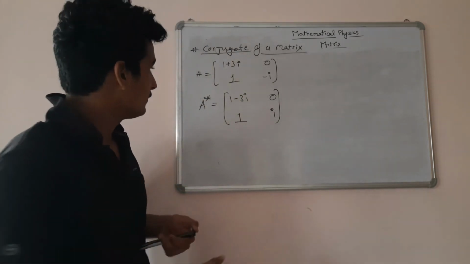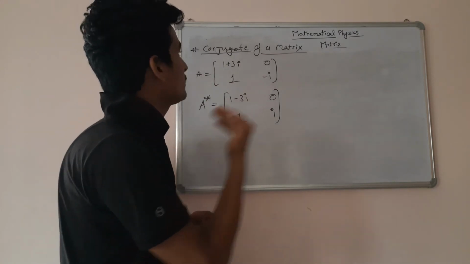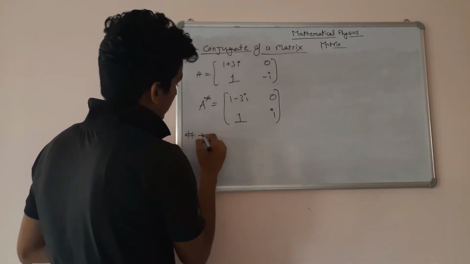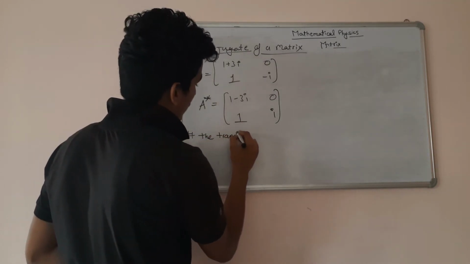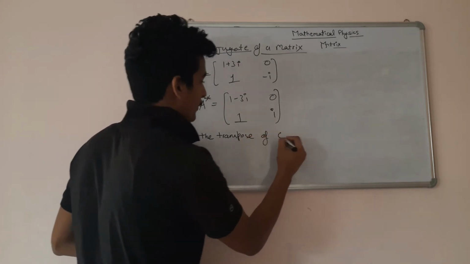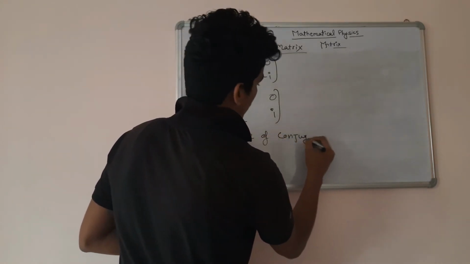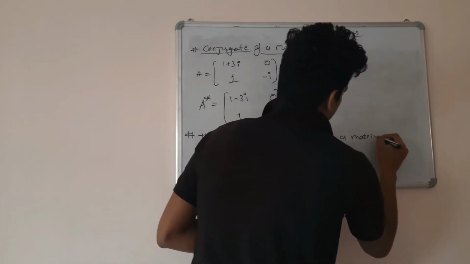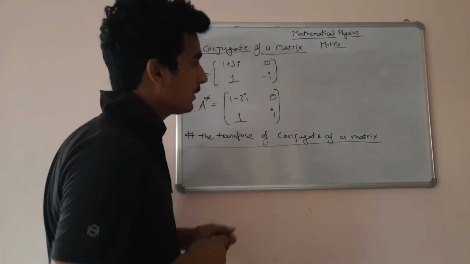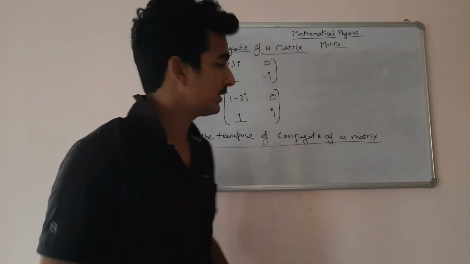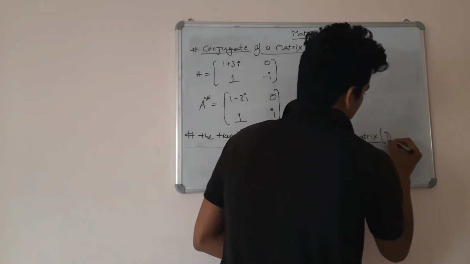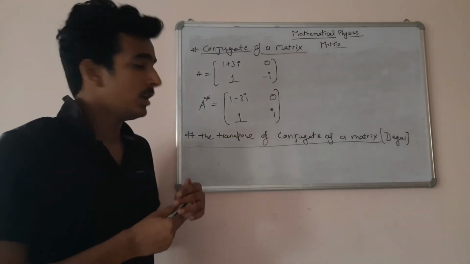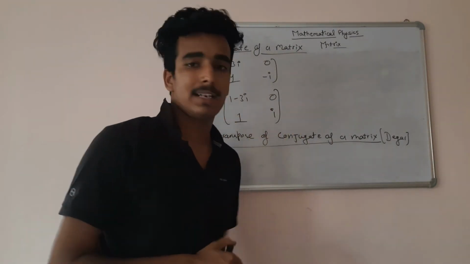Okay, and more important than just the conjugate of a matrix, the more important quantity in which we are interested is the transpose of conjugate. This is the most important thing we have to do with a matrix. There are also some other important things, but this is one of the most important, and this is called dagger, which I mentioned earlier. So the transpose of the conjugate of a matrix is dagger.